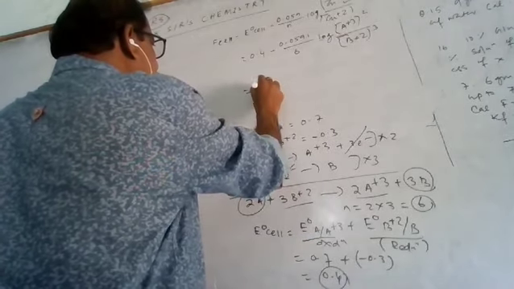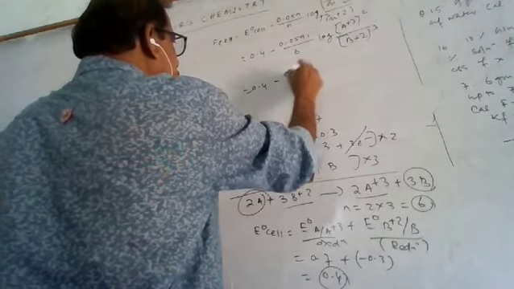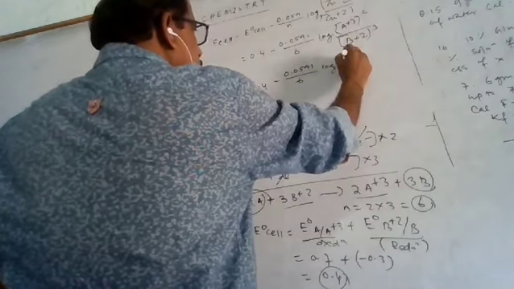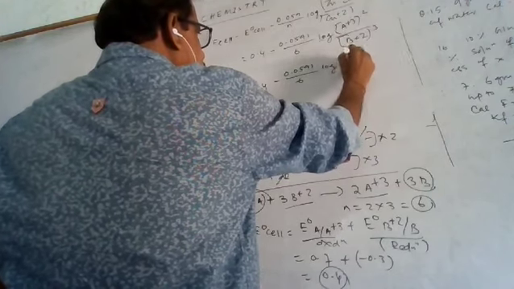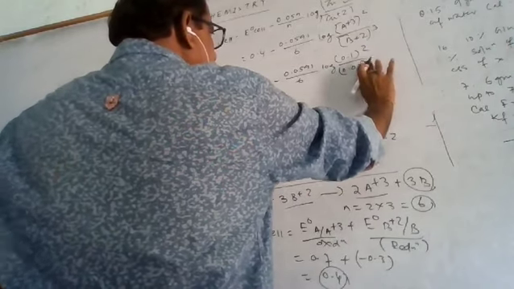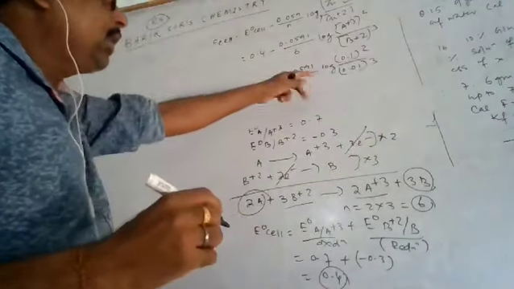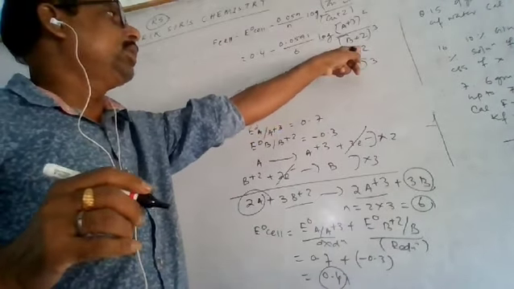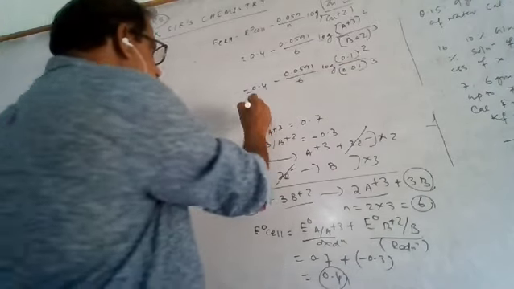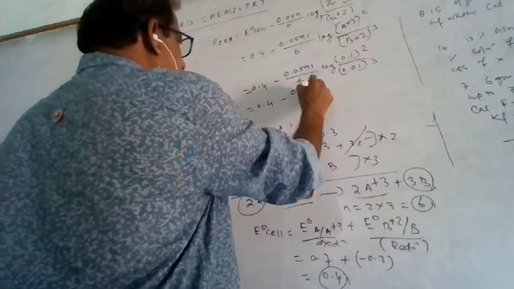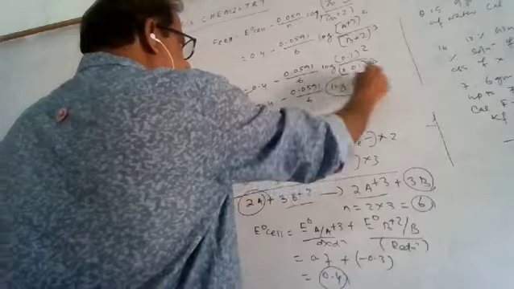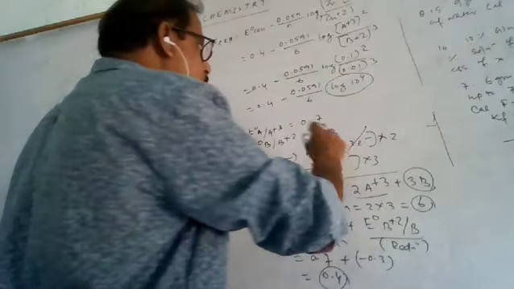So that is equal to 0.4 minus 0.0591 by 6 log, where the Al+3 concentration is 0.1, or 10 to the power minus 1, to the power 2, and that is 0.01 to the power 3. By calculating this, it will be 10 to the power minus 6 over 10 to the power minus 2. So by cancellation, it will be 10 to the power 4. So 0.4 minus 0.0591 by 6 log 10 to the power 4. Log 10 to the power 4 is nothing but 4 only.